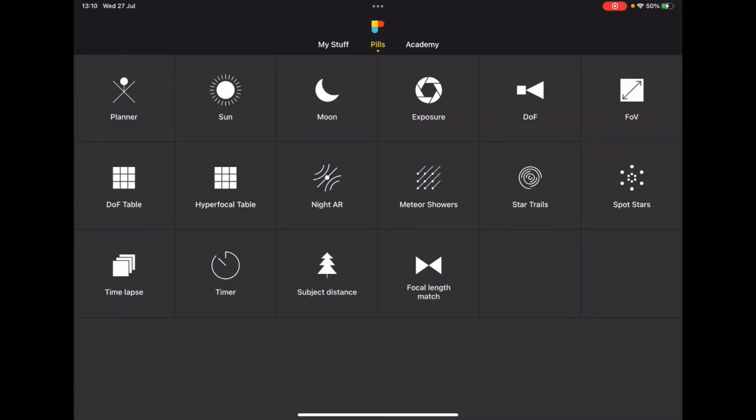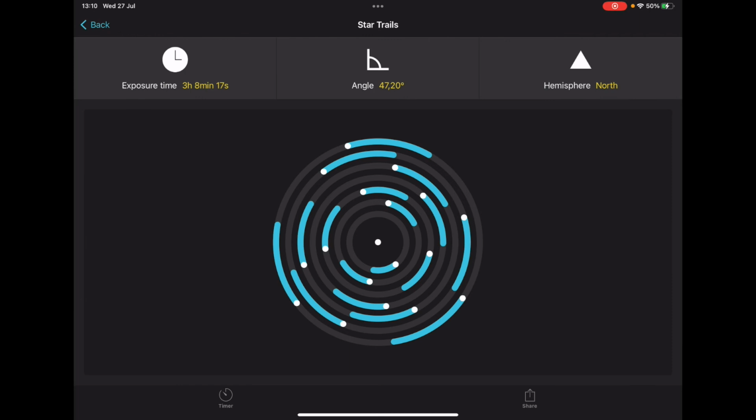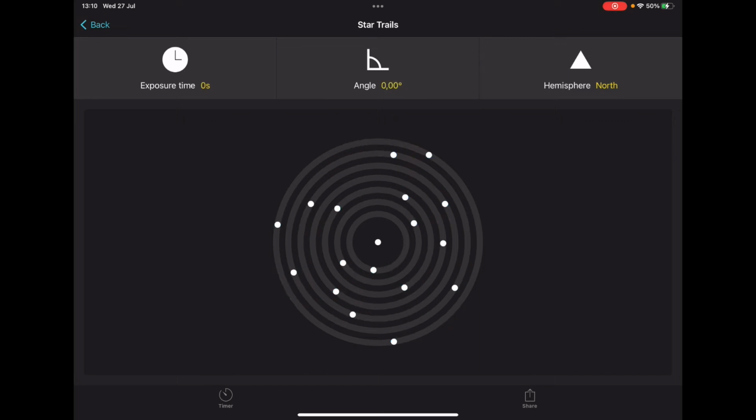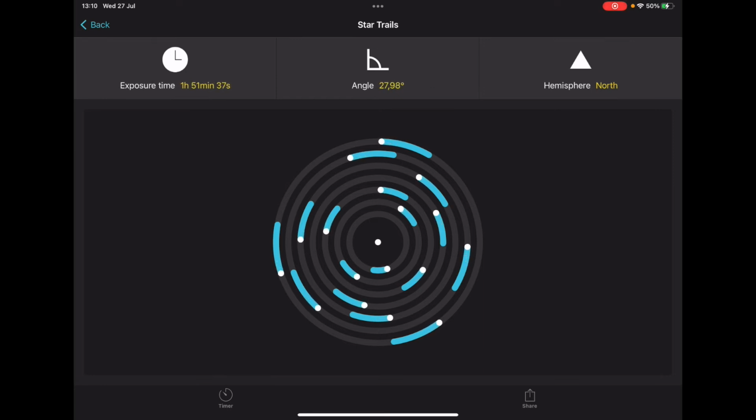The other extreme is that you may want to have star trails. So you tap on the star trails tool and it shows you the amount of movement stars can have in the sky for a given exposure time. So let's start at 0 seconds, you have pinpoint stars, and then you can slide your finger on the interface on the display, and you see that I start to increase the exposure time. Now I am at 2 hours and 15 minutes almost, and this is the amount of movement stars have done in